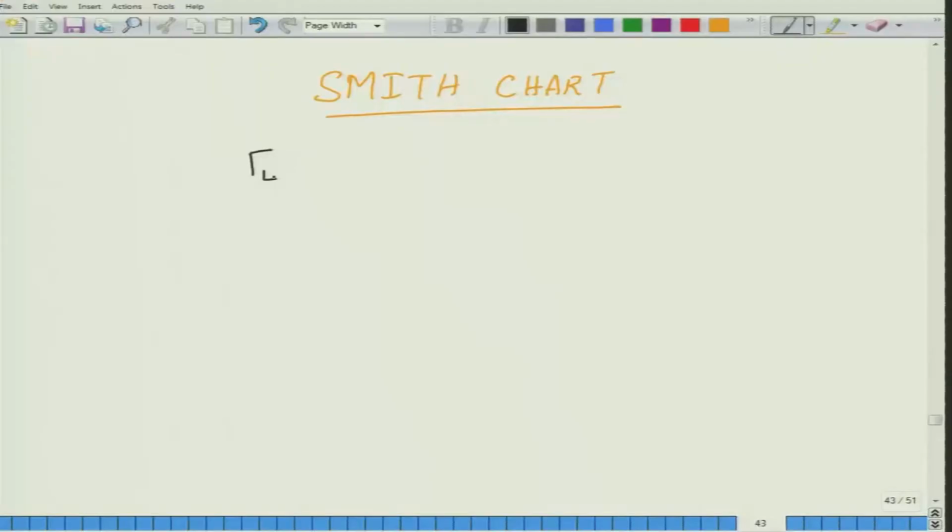That is, I denote the load reflection coefficient, which is a complex quantity, please remember that, as gamma with a subscript L, L standing for load. This is given by ZL minus Z0 divided by ZL plus Z0. In most cases ZL would be complex, and even if it is real, it would usually be real only at a particular frequency. As you move away from that operating frequency, ZL becomes complex, and hence your gamma L would also be complex.